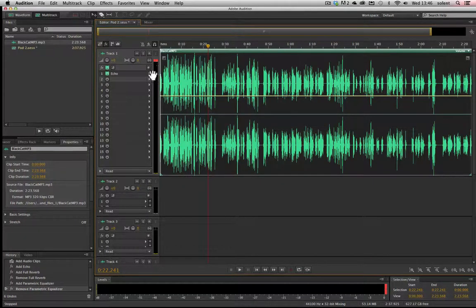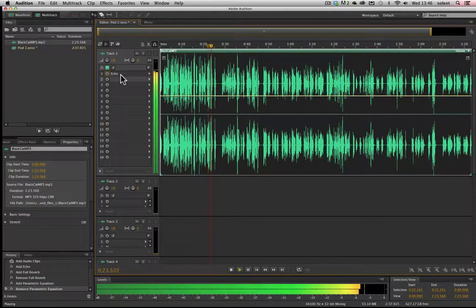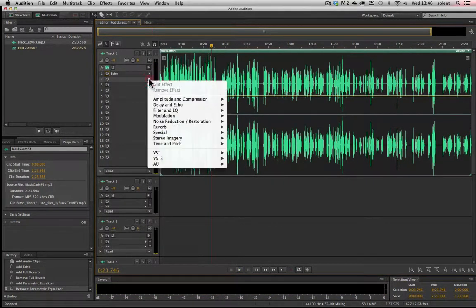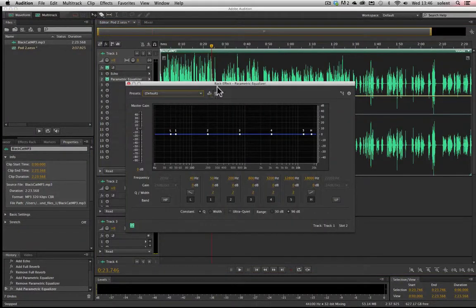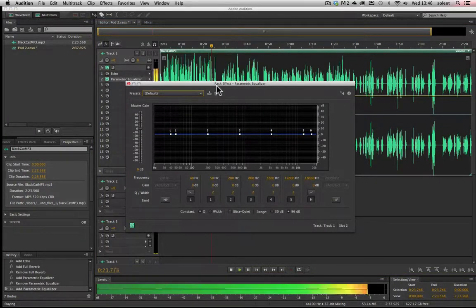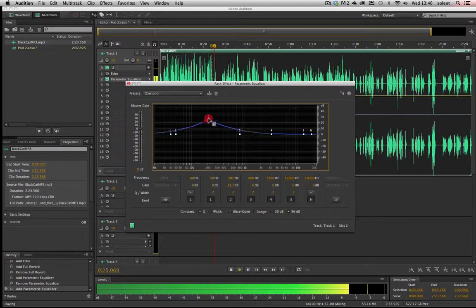Now you can put other filters on and turn them off. Basically, if I click the little power switch, then it turns that filter off, and then you can go to another filter. Now some of the filters may not work depending on what conditions you're on, but if I go up to the filter and graphical equalizer, I can click on there and it brings up a panel. Now if I press play,